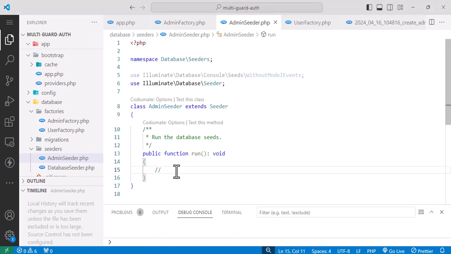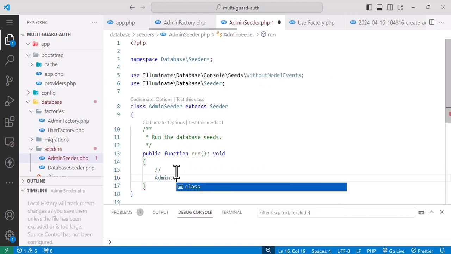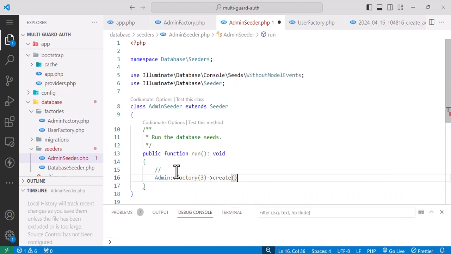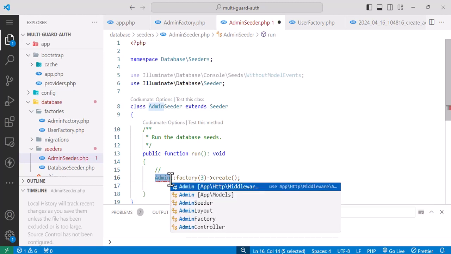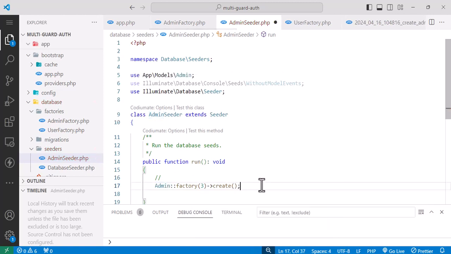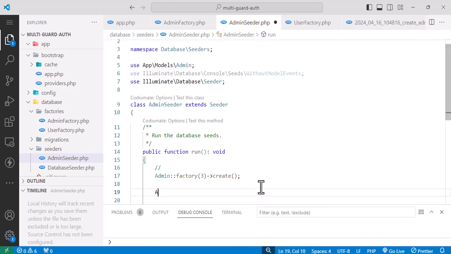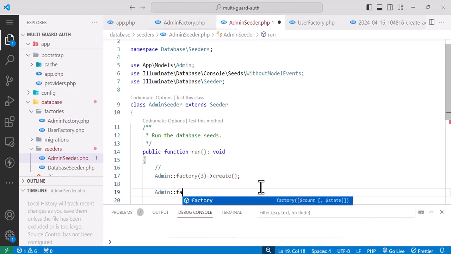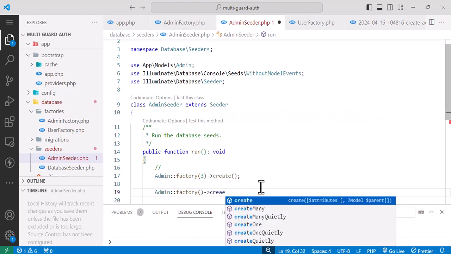Now inside the run function, we create 3 data. So admin, then factory, and we call 3 data, random data, create. And let's add 1 static data. Let's import the model. Here we import our models, and let's say admin, then factory, so this create,